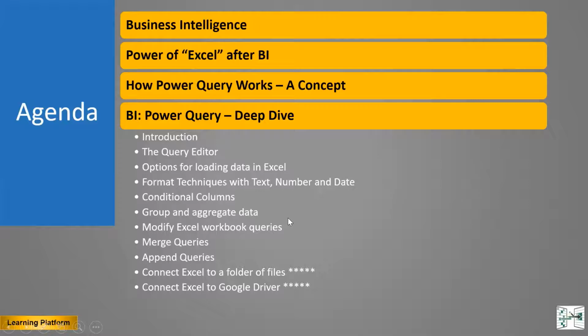For example, we are merging two tables right now. So how can we merge these tables? We have to append the tables, how we add the data into tables. And the last two points are very important for all of us: how we can connect our data to folders and files. And I'll introduce one more important thing, which is Google Sheet, because normally we have some files in Google Sheet, and how we can connect our Excel data to the Google Sheet.